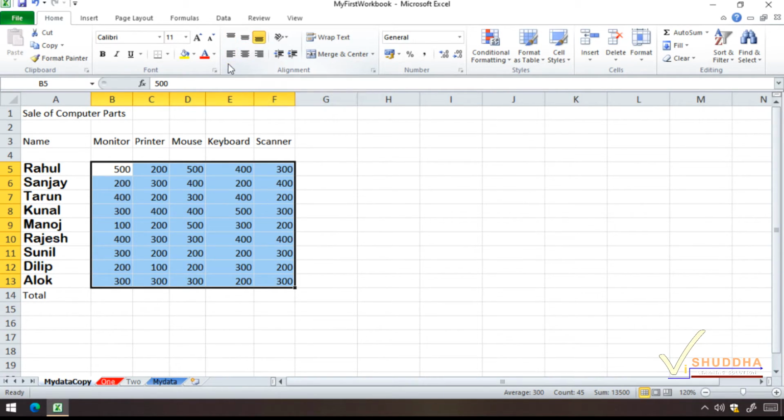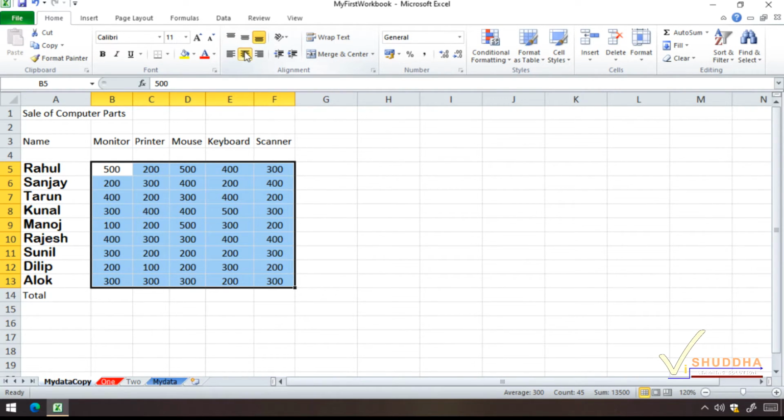Similarly, in the second row you have the horizontal alignment buttons. The first one is the left align button, the second is the center align button, and the third one is the right align button. You can click on any one of the buttons in order to apply that alignment. For example, in this case, the data will be centrally aligned with respect to the left and right edges of